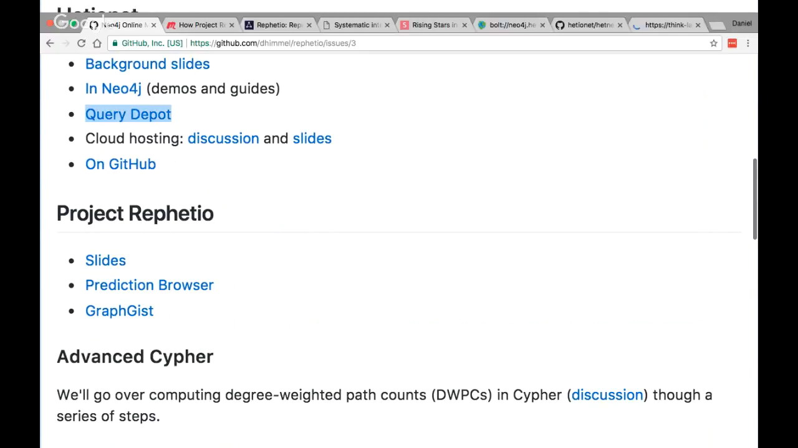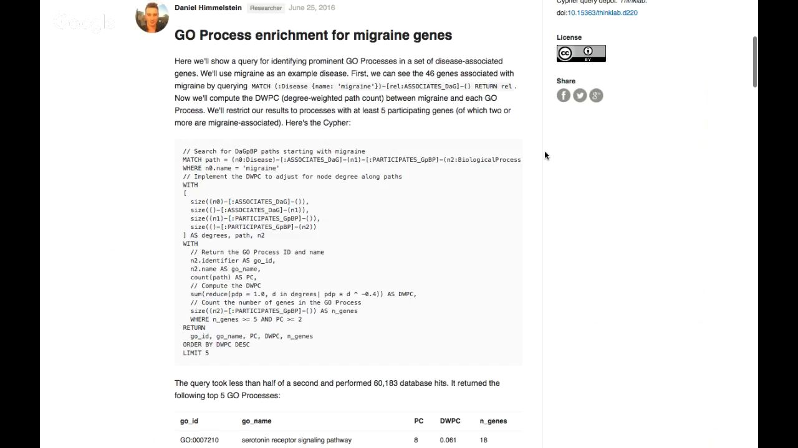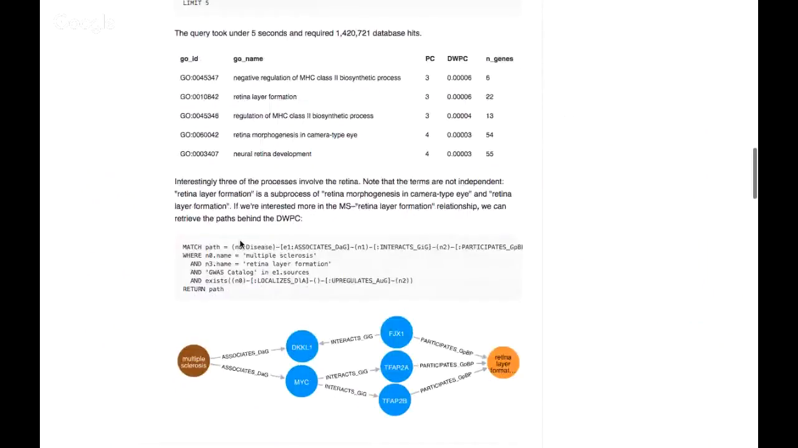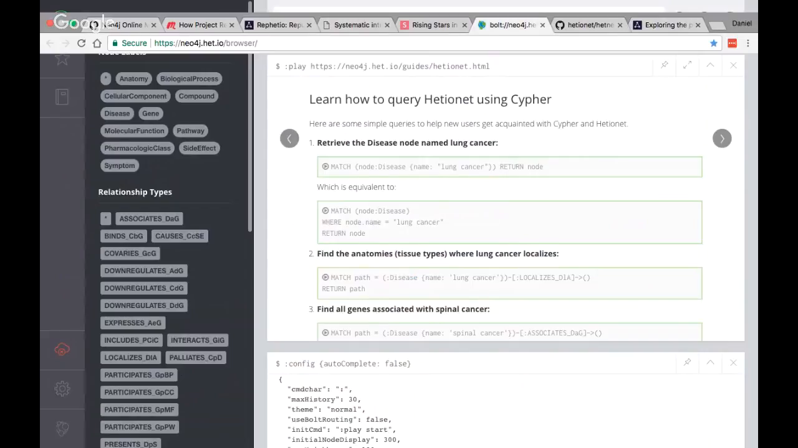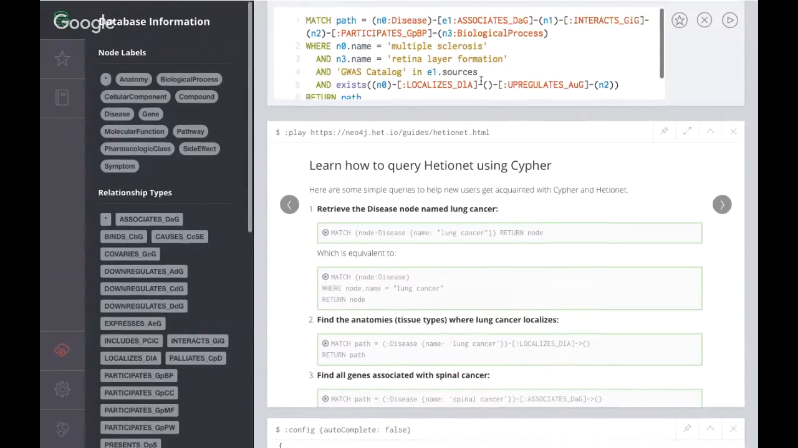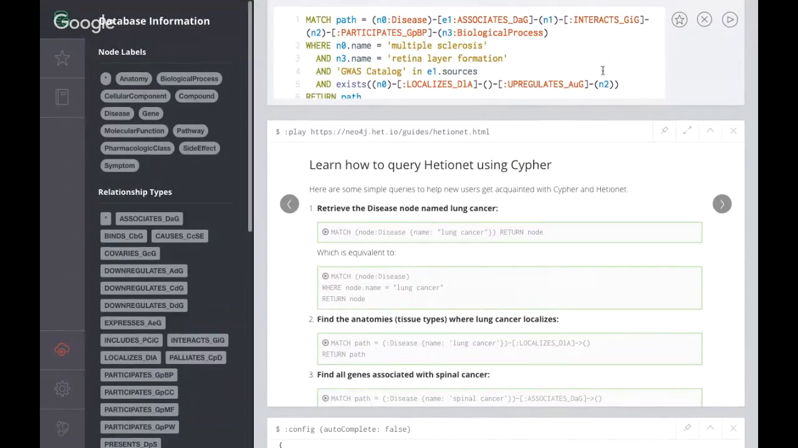So there's some more advanced queries here on this discussion. I like this one. The one I'm going to show you I like because I think it shows you how powerful Cypher is and how powerful hetnets or networks are generally for doing traversal type queries. So this is something that I think would take a lot of lines in something like SQL and would be quite miserable. So we are looking for the disease multiple sclerosis, and we're interested in when that associates with genes